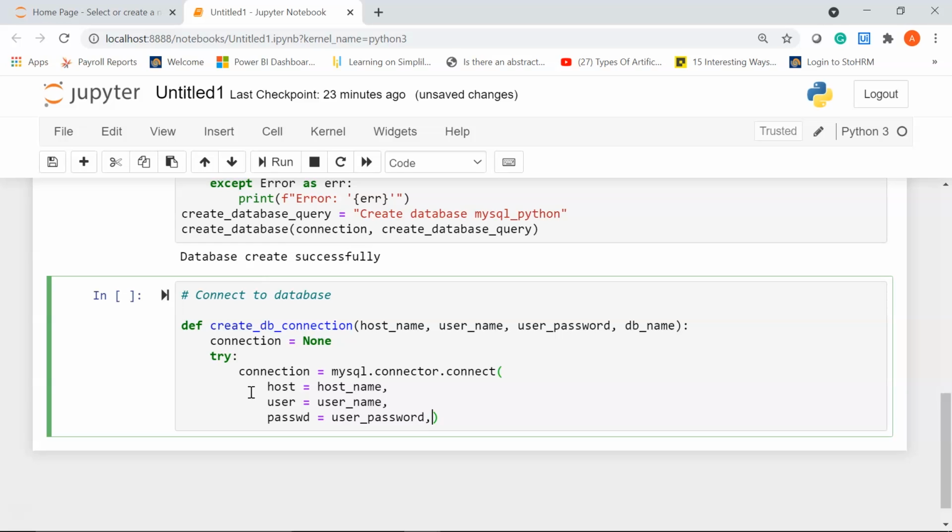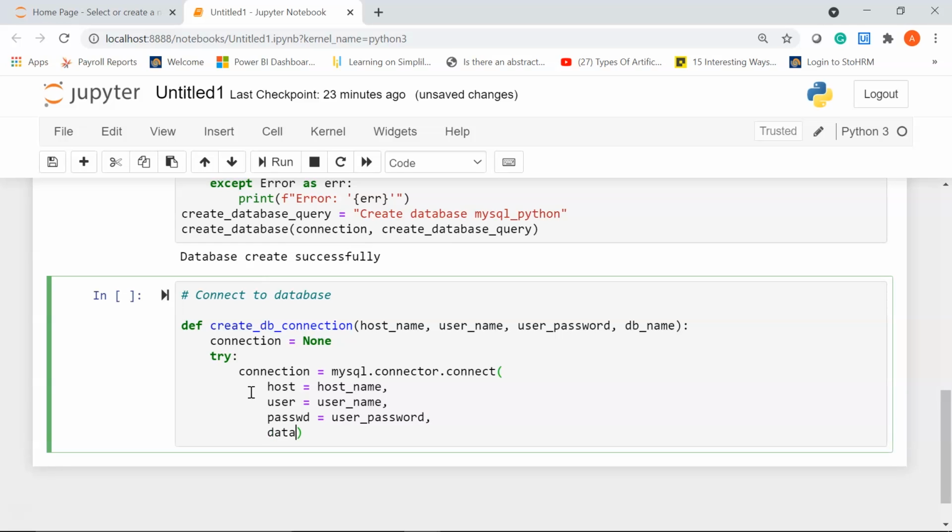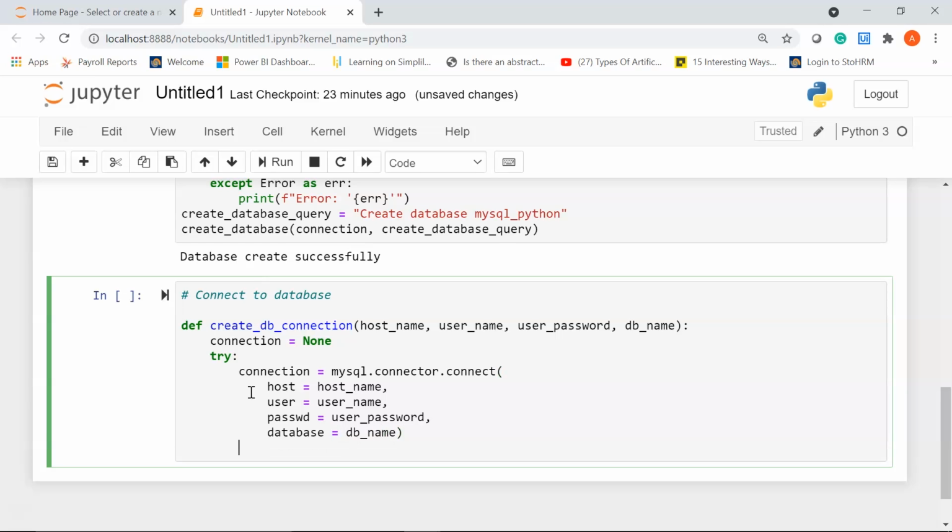I'll give another comma, and this time it is going to be the database name. So I'll write database equal to db_name. Now let's use the print statement, and the message we are going to print is "MySQL database connection successful".